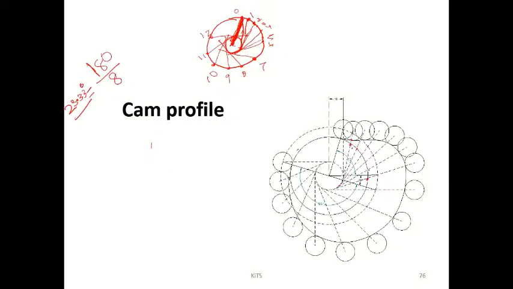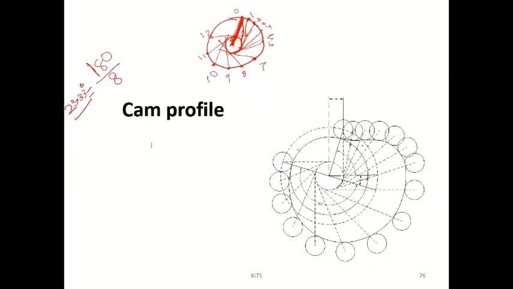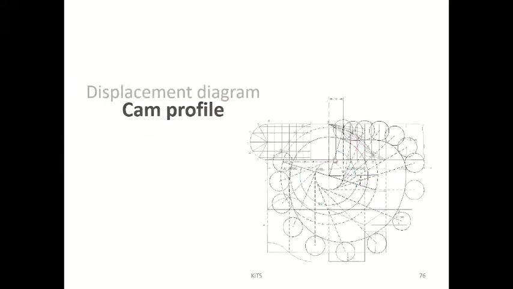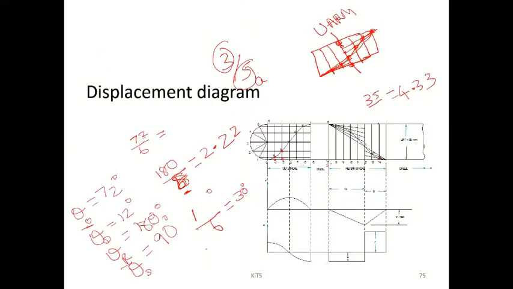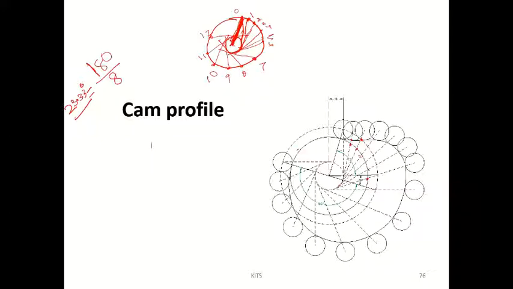Okay. Similarly, 2 to B, measure the distance. So this is 2 and here B, mark it. Okay. 3 to C, measure this distance. Now go to the cam profile. Where is point 3? This is point 3. They didn't give the numbers 0, 1, 2, 3. So this is point 3. 3 to this place. Similarly, 4 to that place.